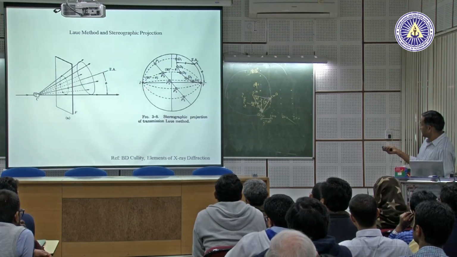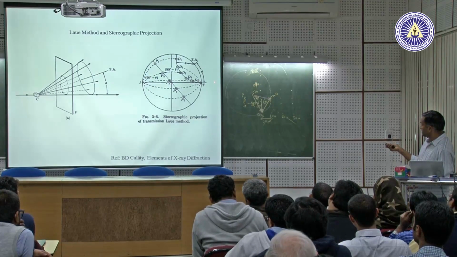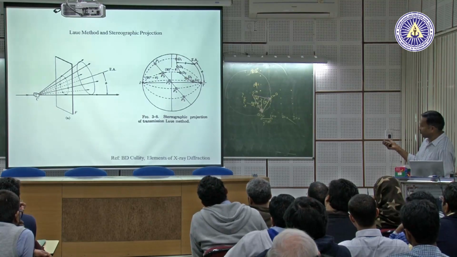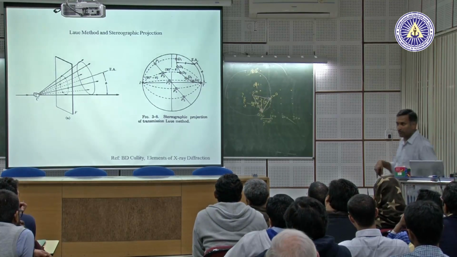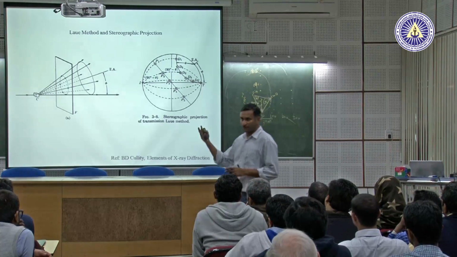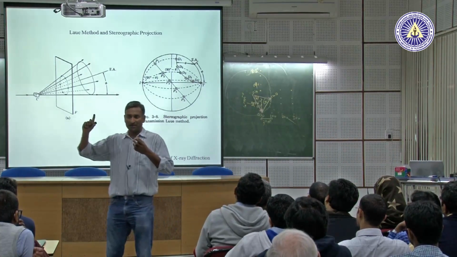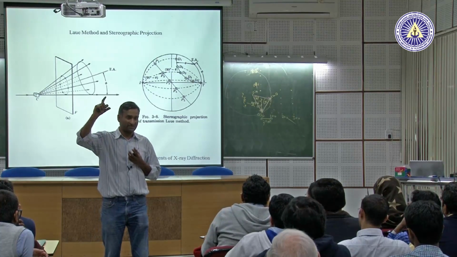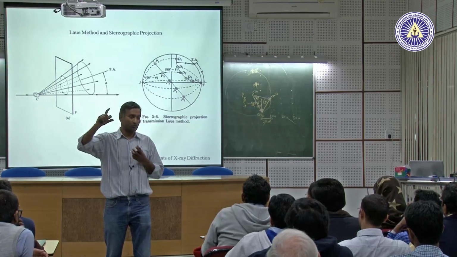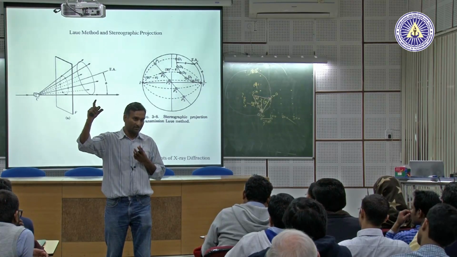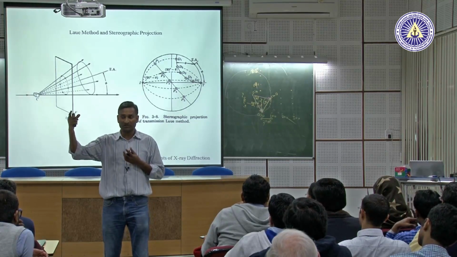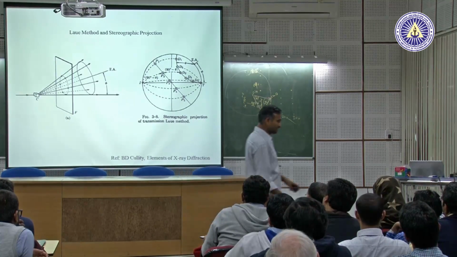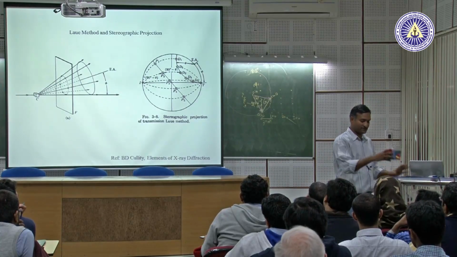On this, you can superimpose the incident beam direction and the transmitted beam direction. If these 5 spots lie on a great circle, you need to manipulate the stereographic projection, moving it around to see which great circle coincides with these 5 spots. Whichever great circle coincides with these 5 spots will then give you the information about the zone axis. Okay. So basically you note down the orientation of the sample,